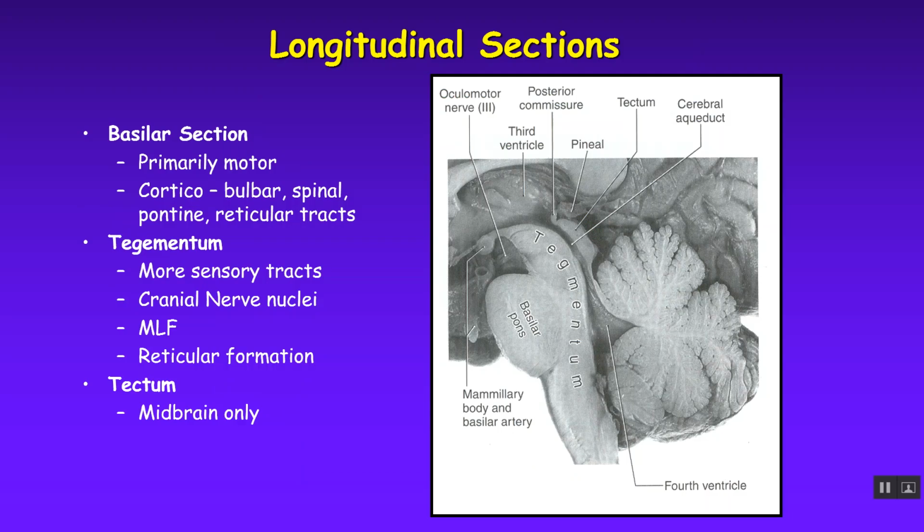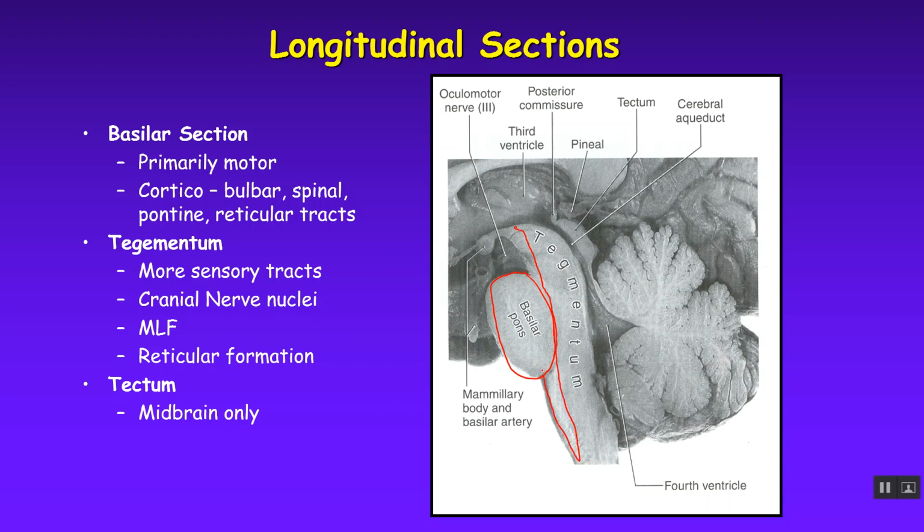Okay. So we're going to stay on this, looking at the brainstem in a sagittal section, and talk about these longitudinal regions when you look at it in a sagittal view. So there is what's called the basilar portion, which is the front part of the brainstem. There's really not a basilar portion of the midbrain and the medulla. However, we can kind of say there is. We have the basilar pons, but if we want to take this front part,